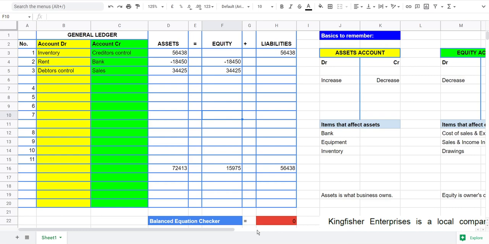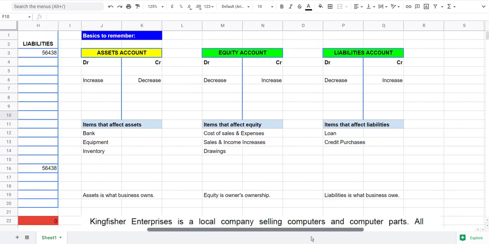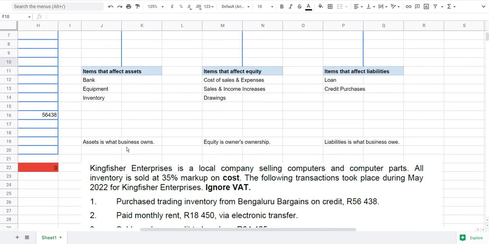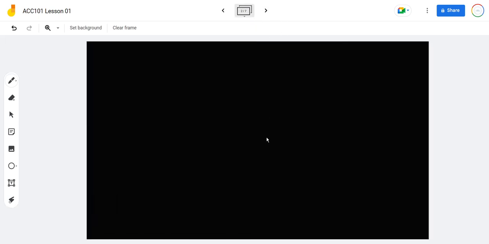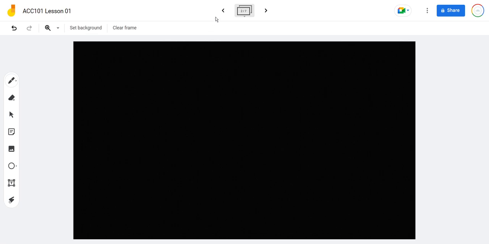If we go back to this information here, it said to us, Kingfisher Enterprises is a local company selling computers and computer parts. All inventory is sold at 35% markup on cost. So what this means is that they took the cost